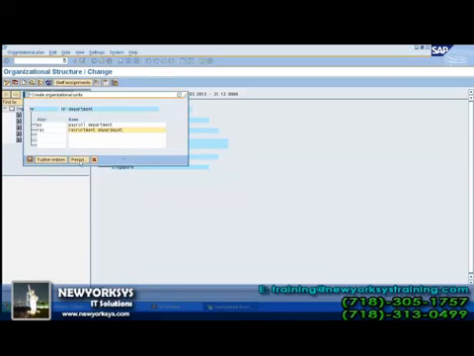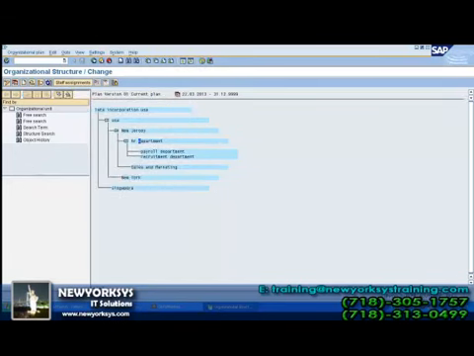Try to save this and wait for a second. So this is how you'll be customizing your organization management. Let us say that you are an SAP HR consultant and you are trying to develop your organization structure using one of the components of SAP HR. Now please place your cursor on the Lata Corporation.